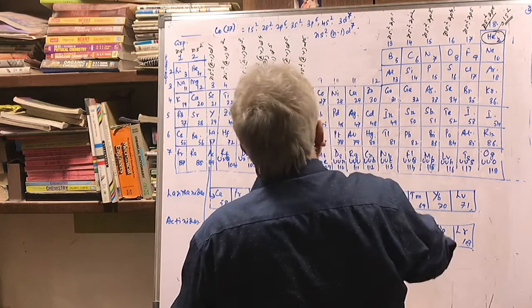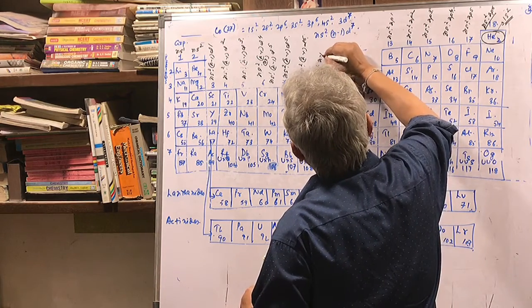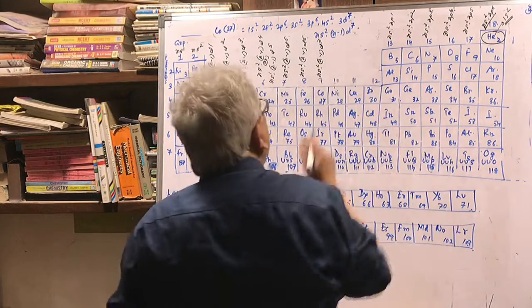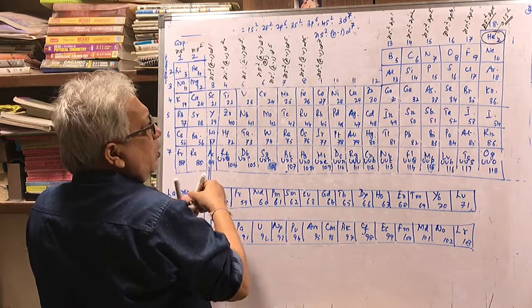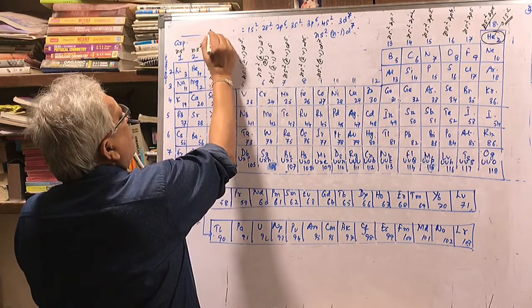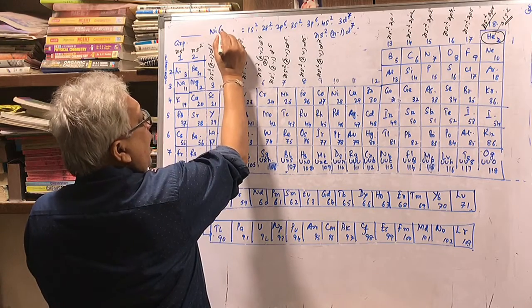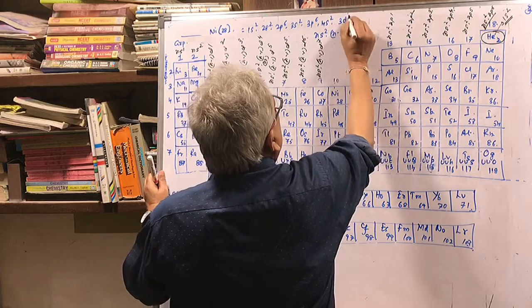So the common outermost electronic configuration is ns2 (n-1)d7. If you see the next one, nickel, atomic number, that is group number 10. So if you see nickel, you will then get the idea of group 10. I hope you understand that. So this is atomic number 28. So it will be 4s2 3d8.